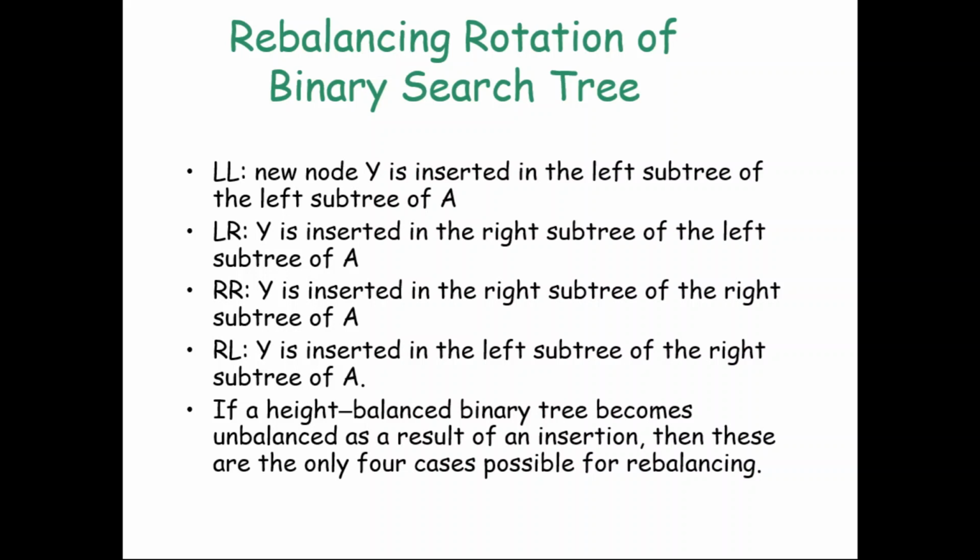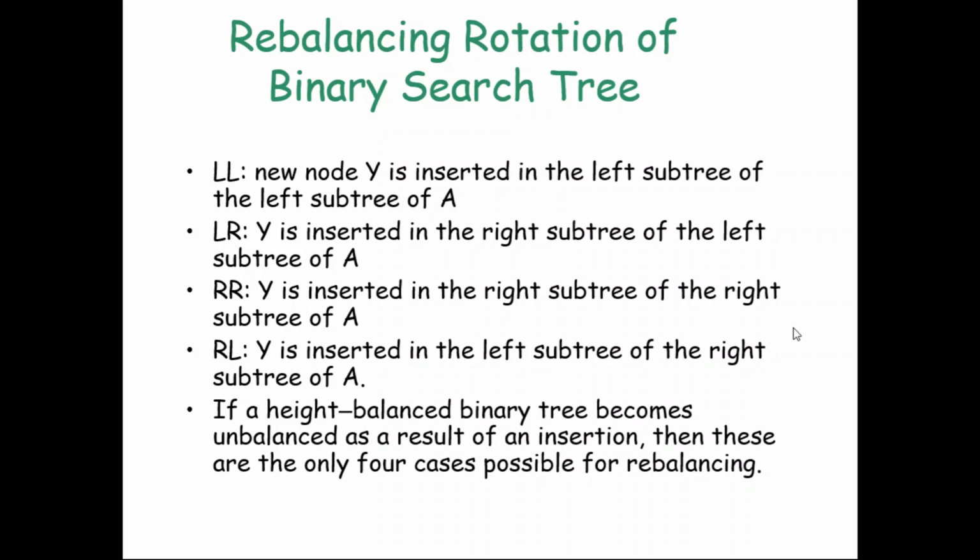The accepted balance factors are 0, -1 and 1. As long as the balance factor for every node is 0, -1 or 1, we call the tree a balanced tree. But if the balance factor of any node becomes greater than 1 or less than -1, then we say that the tree is unbalanced. In that case, we have to perform rotations. We discussed an example case in the last lecture.